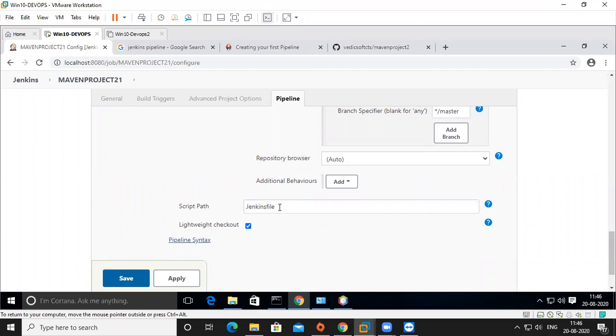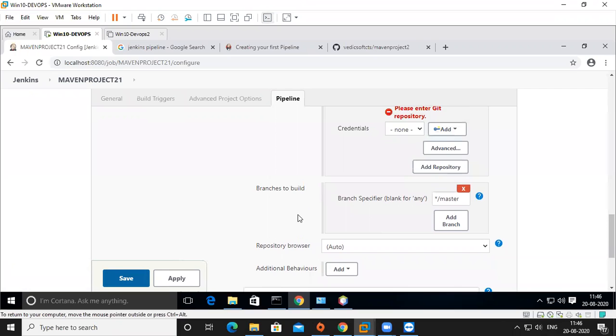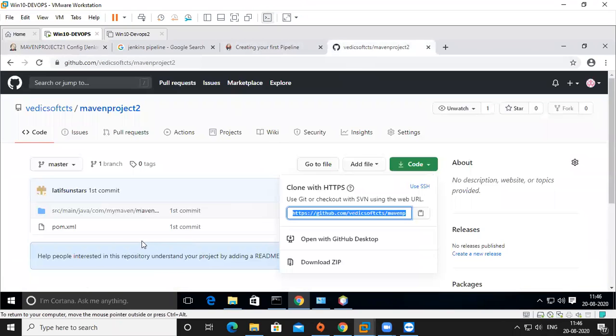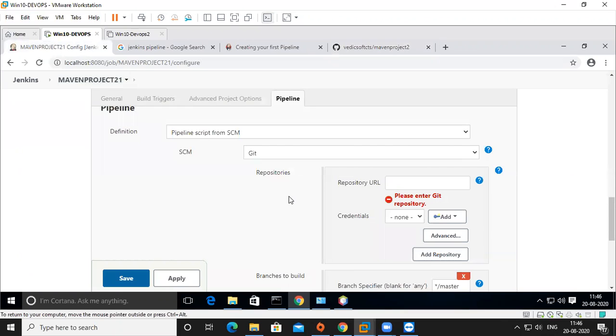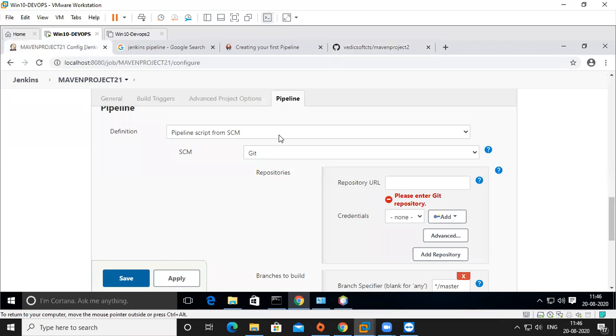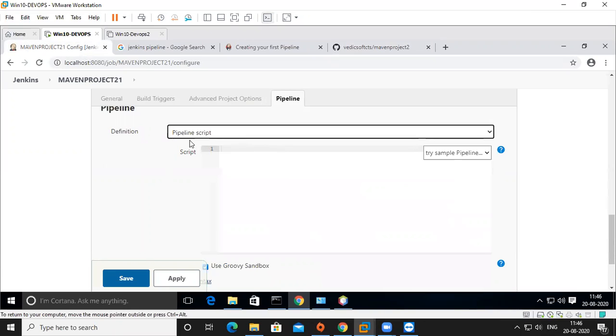So take the path from the Jenkinsfile. You have to upload the Jenkinsfile here, so it will take it from here and execute. But I didn't add a Jenkinsfile into my source code, so I'm going back to my pipeline script only.